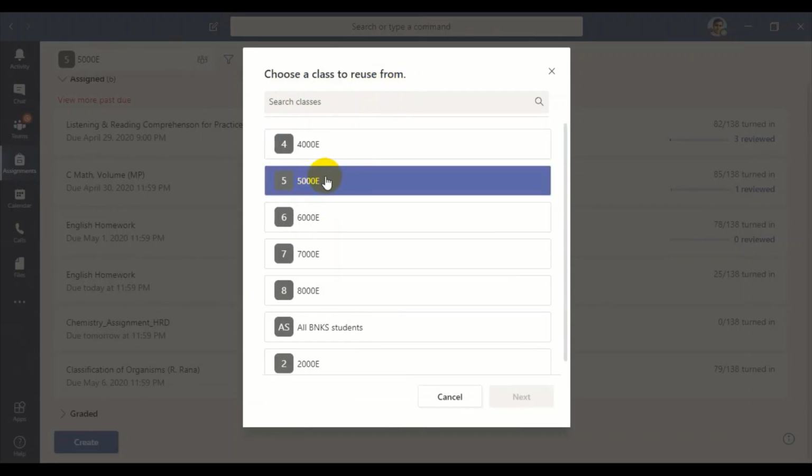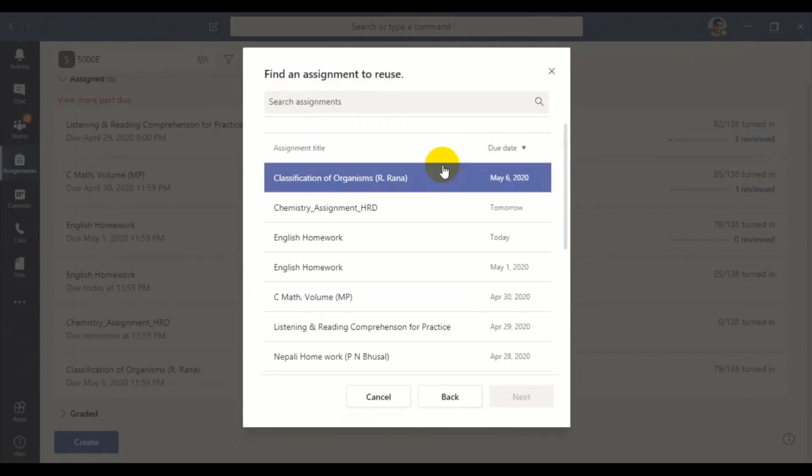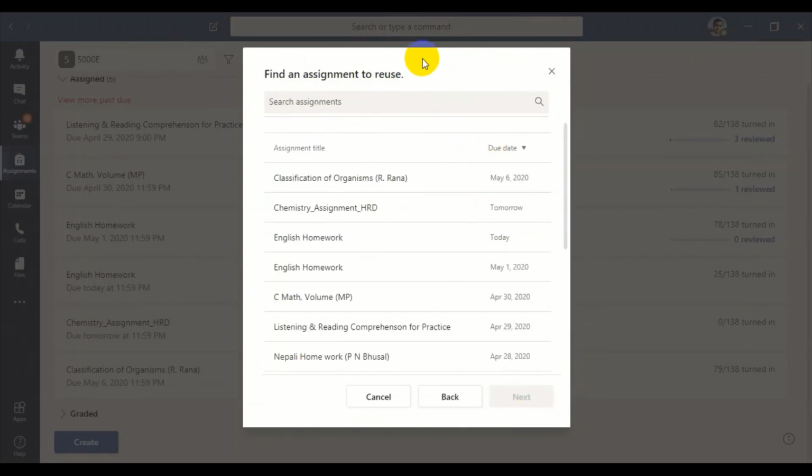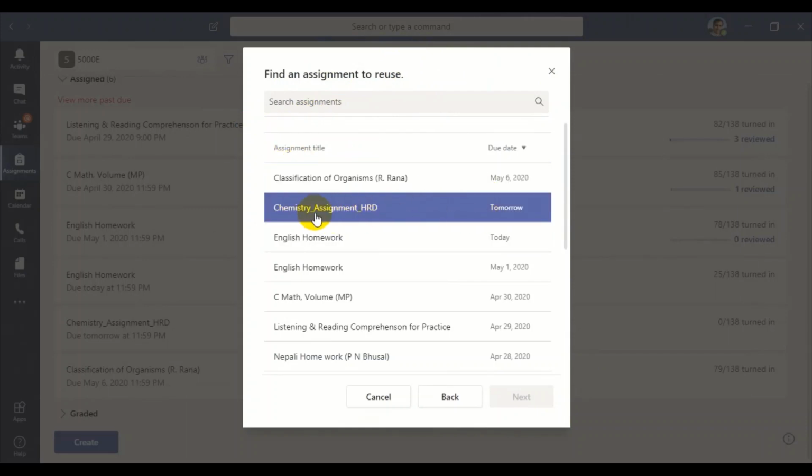That is the instruction being shown. Now I want to click this 5000E, and then we can click next, and this window will appear. For example, I have this assignment over here, chemistry assignment as HRD tomorrow. Then I click it, and I click next.